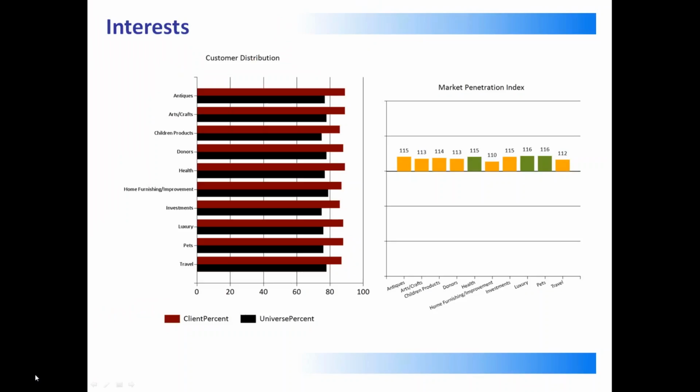Because we have such a few number, maybe that's why it's all even. But if we were interested in creating, let's say, partnerships or sponsorships on the Bowling Center, then as we build the database and garner more statistically relevant information, we could find out maybe, if we had a heavy leaning towards investments for whatever, then maybe we could go approach, let's say, a Merrill Lynch or somebody in the neighborhood and say,